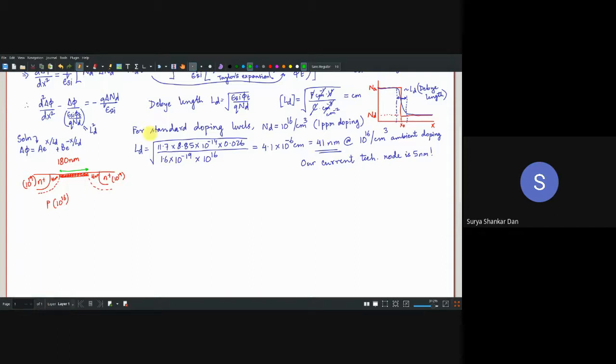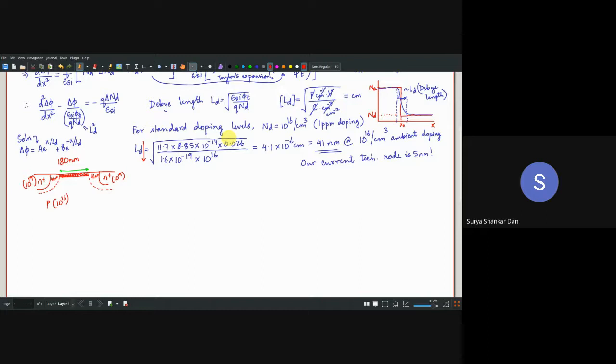Okay. Now, let us take the situation for 5 nanometers. You can imagine if it is 5 nanometer, this 10 power 16 is rubbish. You simply cannot dope it over there. So what to do? You have to somehow reduce the value of LD, so that in this erroneous zone we will not be able to expect a perfect step junction between N plus and P as we have been doing until now. So in practical situations, you are always going to have an erroneous zone. This erroneous zone is the Debye length.